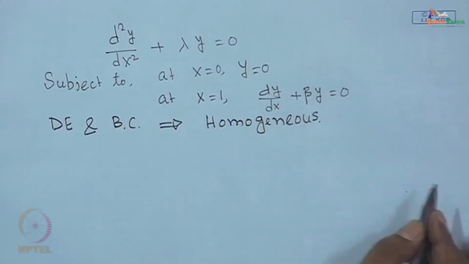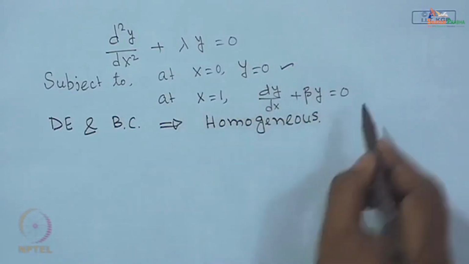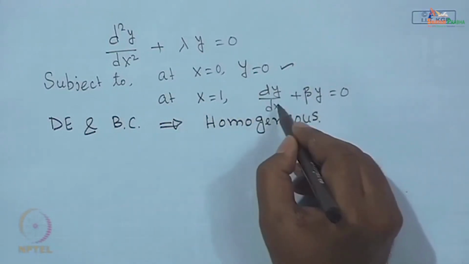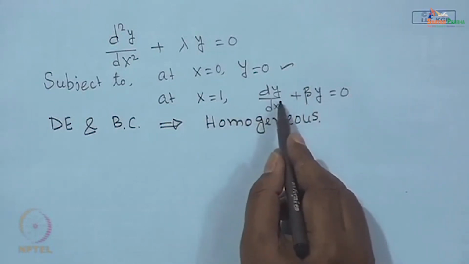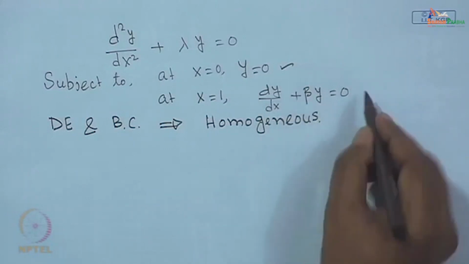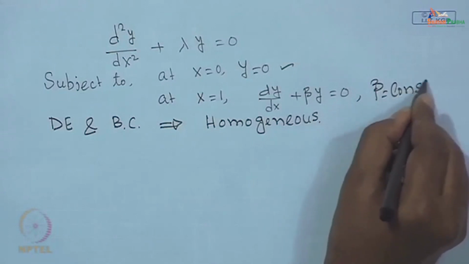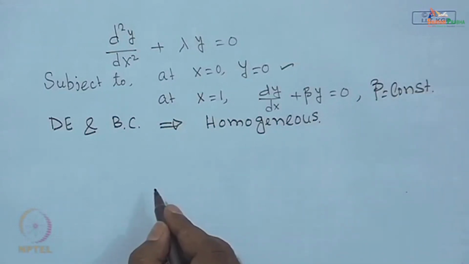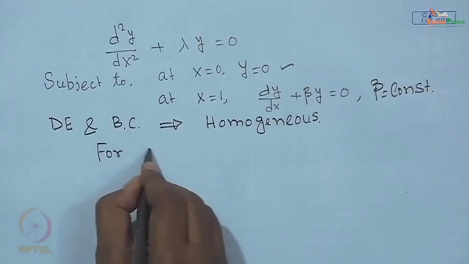What we simply did, we kept this Dirichlet boundary condition as it is, we changed the other boundary condition, that is at x equal to 1, we made it a Robin mixed boundary condition where beta is a constant. So, therefore, what we get is that lambda can be, for real values of lambda,